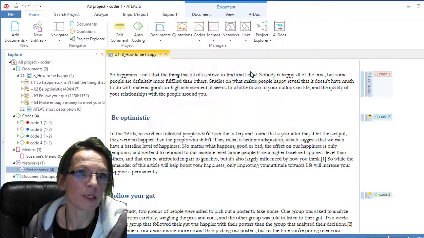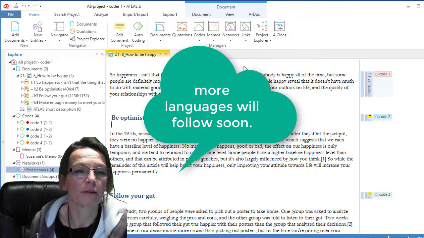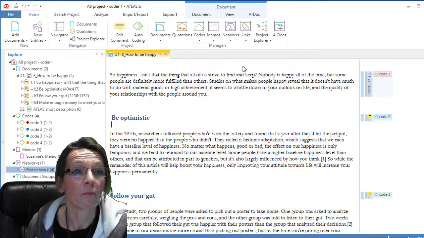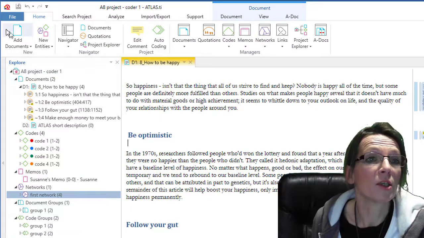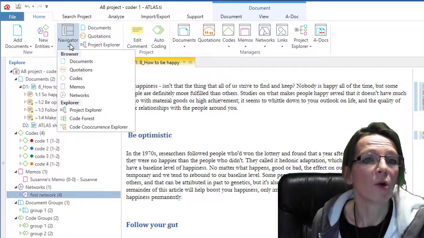So it will also be German and Spanish and other languages to follow. At this point in time, it's only English, so you don't have to look for a button for switching language. This is not there yet. So the other basic things you can do is add documents here and open all kinds of